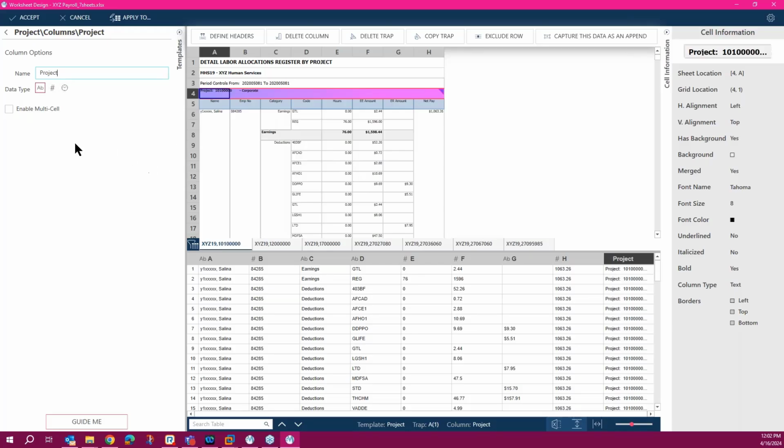If let's say this had multiple lines that I want to capture, then I would select this option, enable multi-line cell, in which I could define what is the stop type, what is the delimiter, and then it would capture that block of data, which is like in a merged cell.